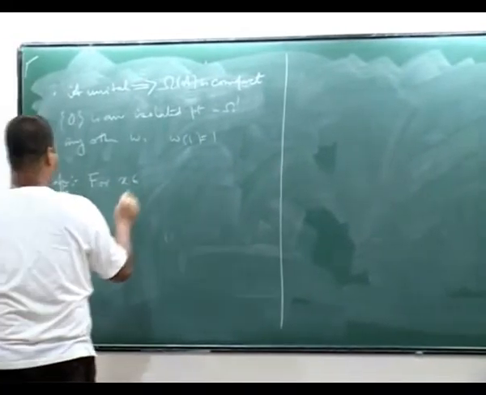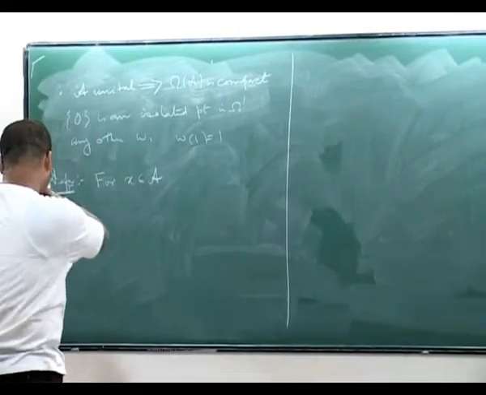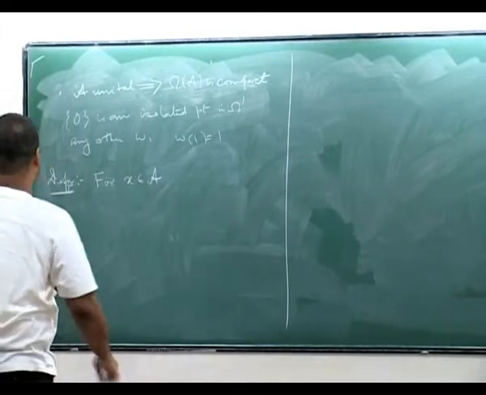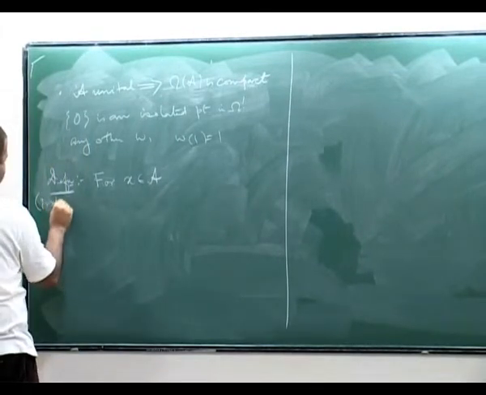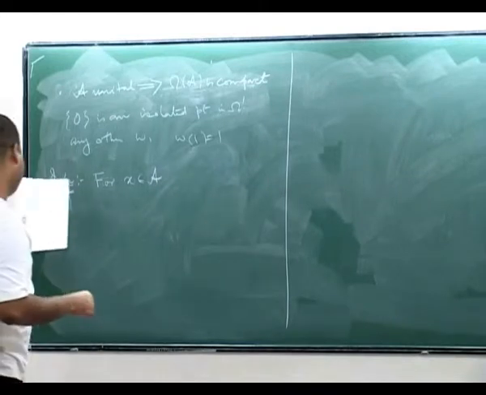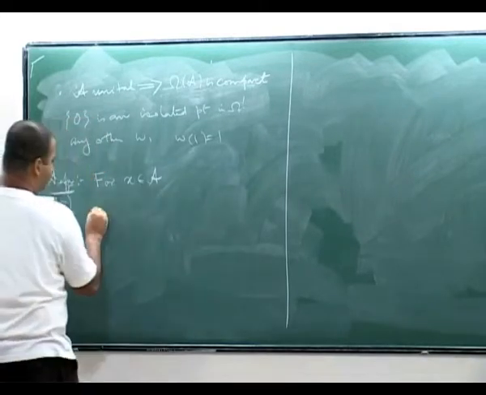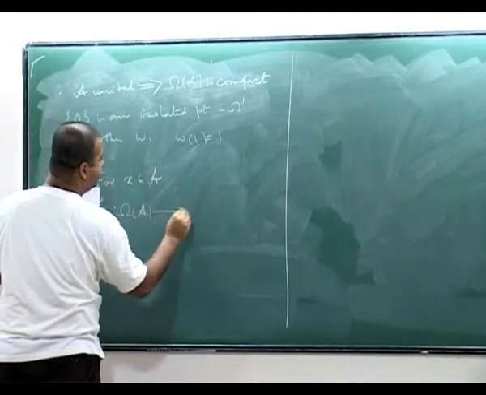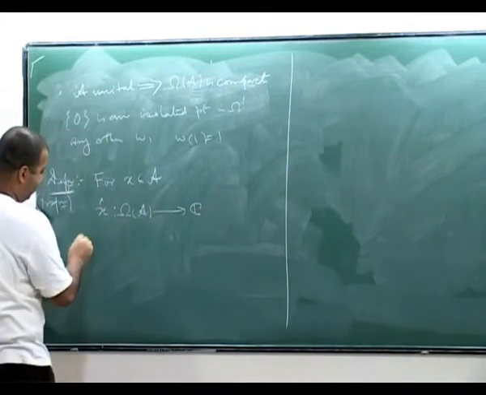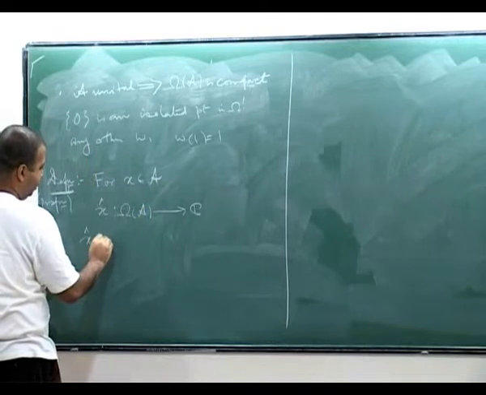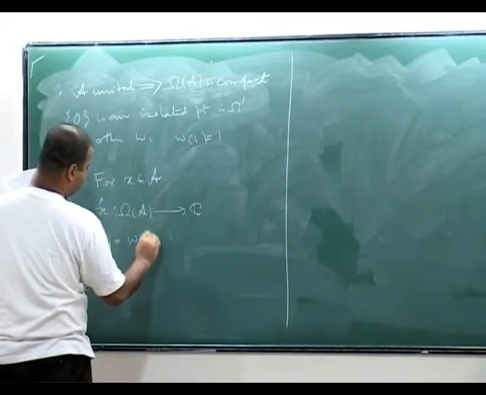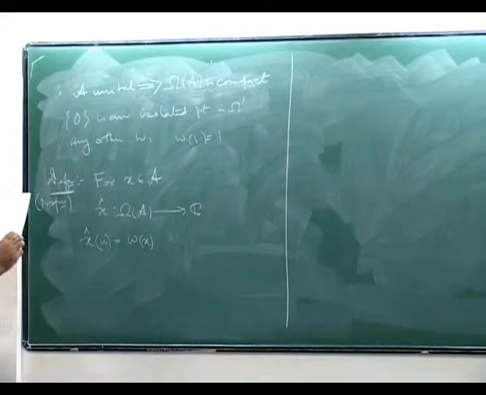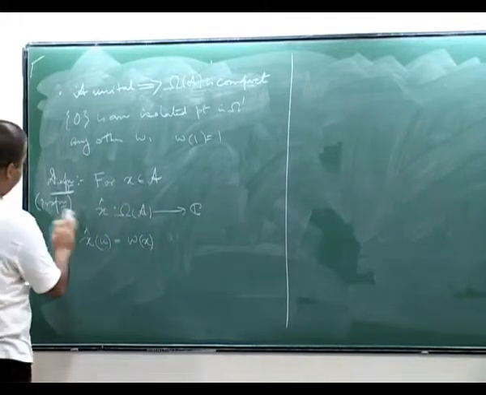Anyway, so the point of the other exercise on Fourier transform was really this definition. So for x in A, this is a definition come proposition. So, we define this map x hat from omega A to C given by x hat of omega is this. So, this part is definition, and